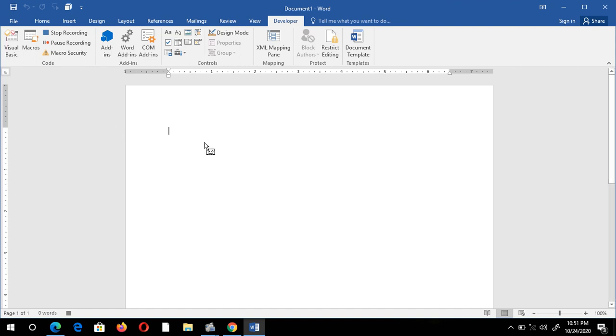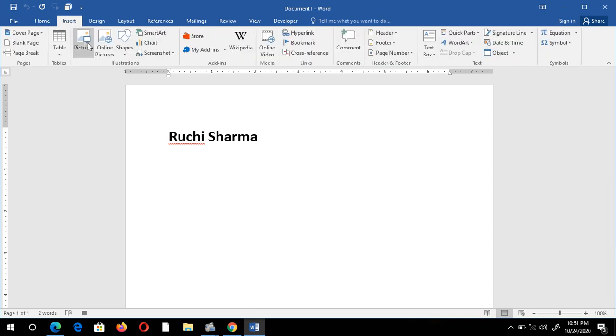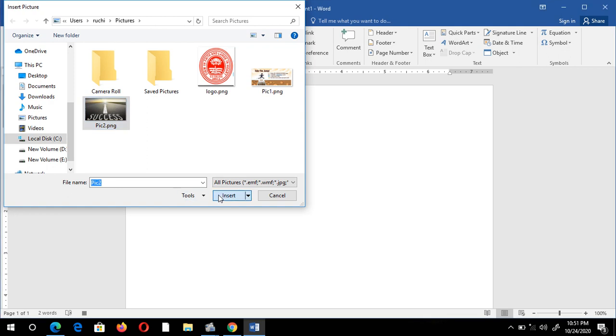If you observe on the screen, along with the arrow there is a small cassette sign. That means my recording is on at this time, and in the Code group you can see Stop Macro. That means recording is on. Whatever you perform on the screen, it will record. Suppose I'm going to write my name, and I want to keep it bold and increase the size.